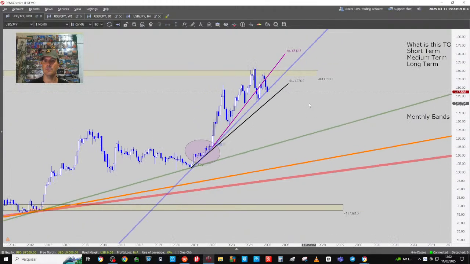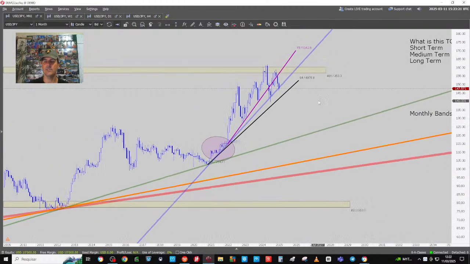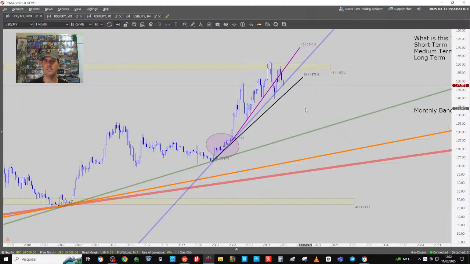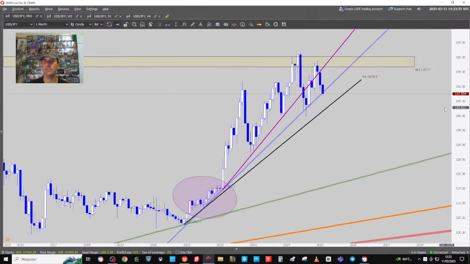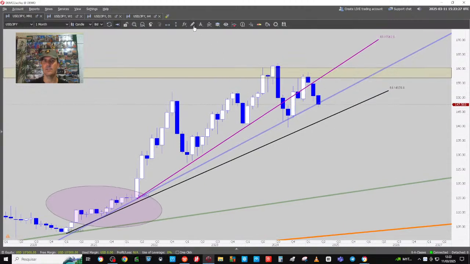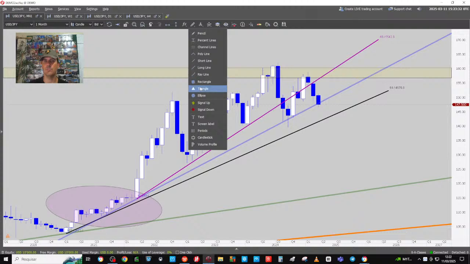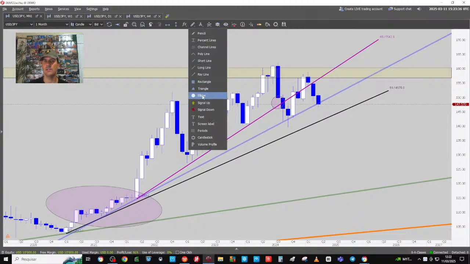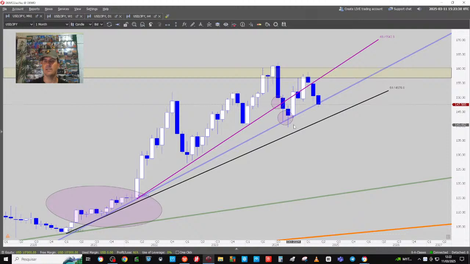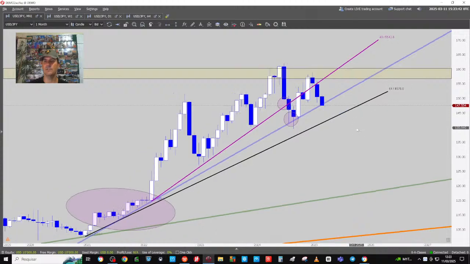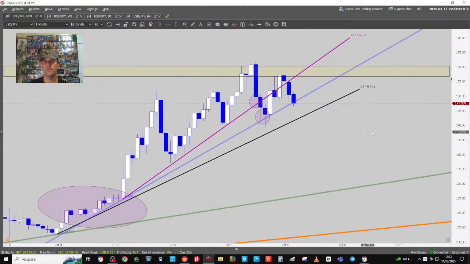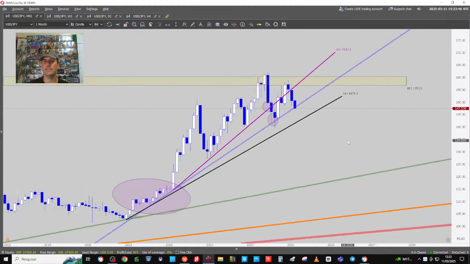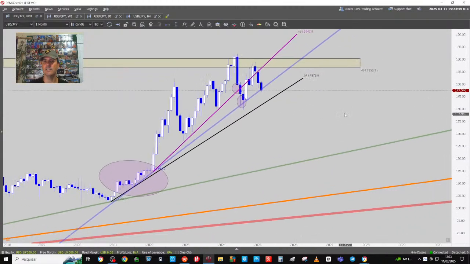Now talking about probabilities, everybody, we talked about this in the previous session. Talking about the trend lines, can you see that the market broke one trend line and went to the other trend line and went back up, and now we're at the blue. Can you see how the market gravitates price action?